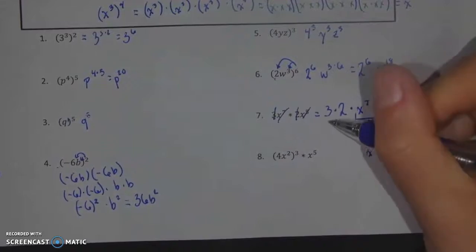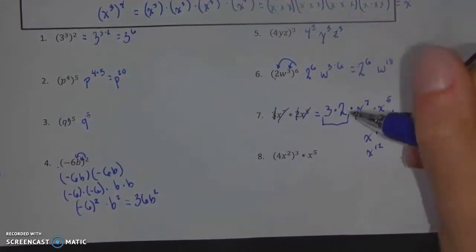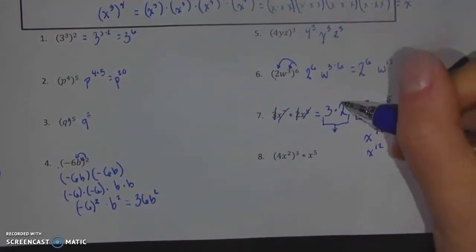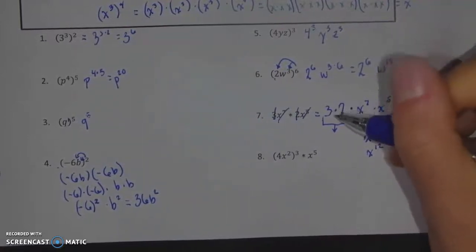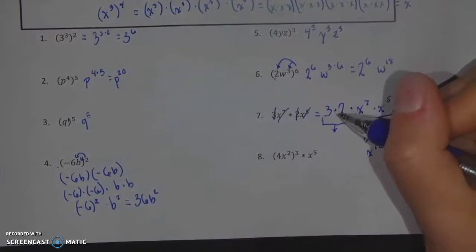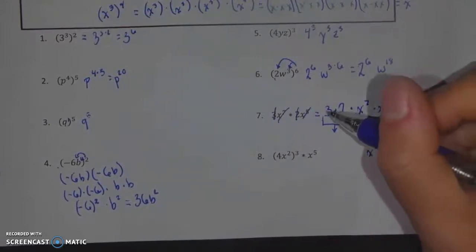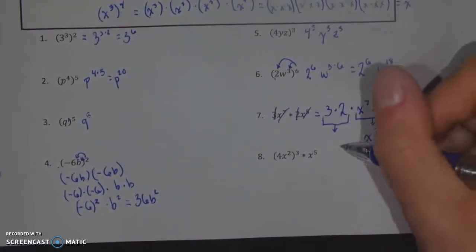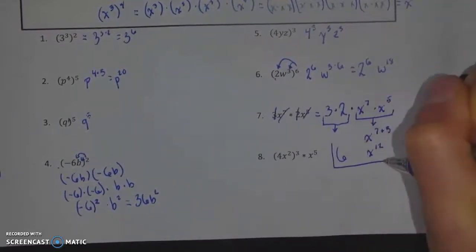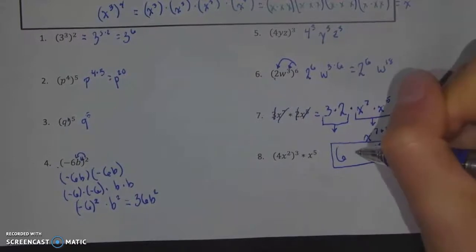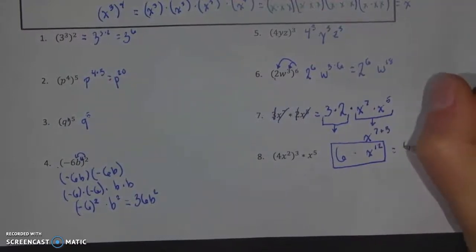And if I look at 3 times 2, well, don't overthink things here, okay? 3 times 2 is still just 3 times 2. There's no special exponent rules here because these are not exponents. These are normal numbers. So 3 times 2 is just 6. And that gives us our final answer of 6 times x to the 12th,